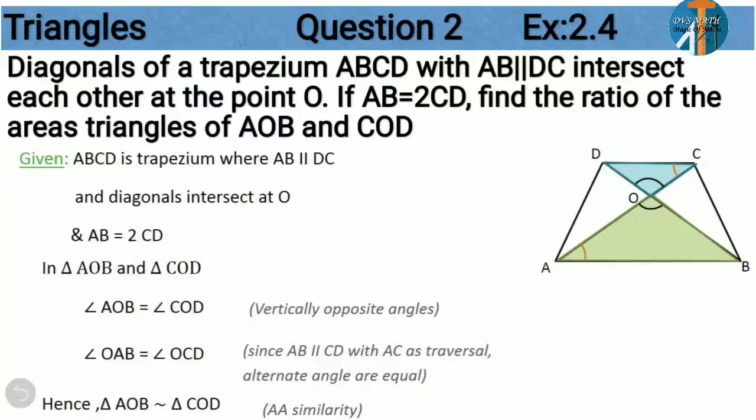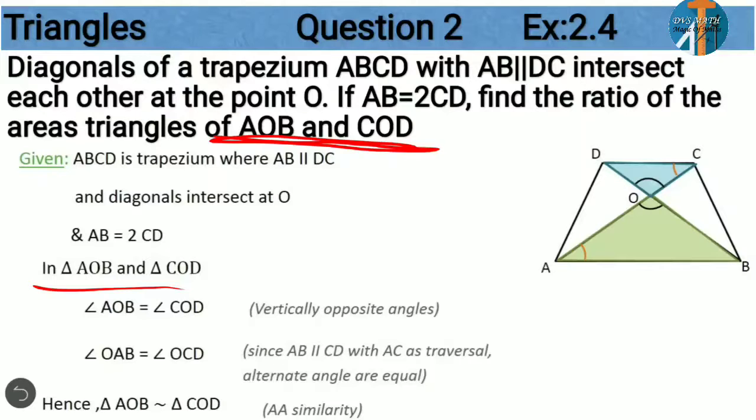Now, as they are saying we have to find the areas of these two triangles, as you all know, whenever we are finding the areas of two triangles, they should be similar. The statement itself refers to the area of similar triangles theorem. So first we have to prove that AOB and COD are similar. After that only we can find the area of those two. So let's consider triangle AOB and triangle COD.